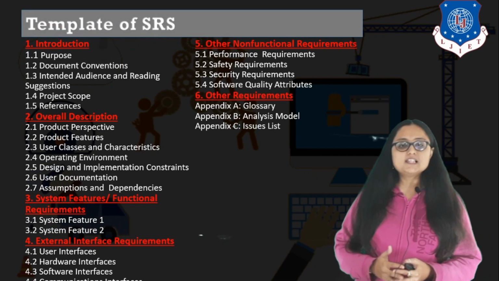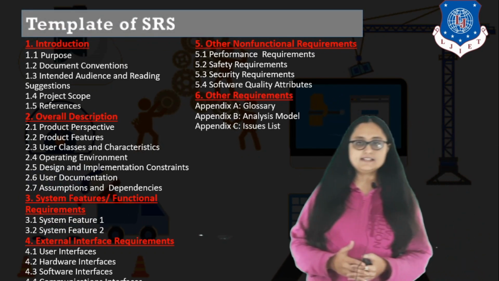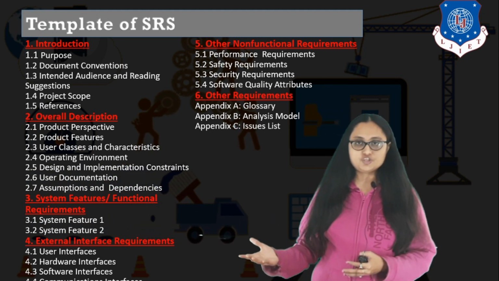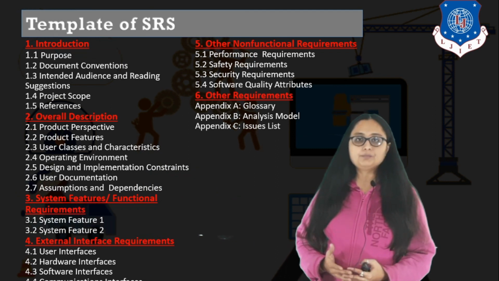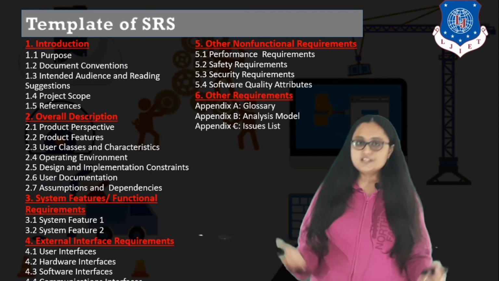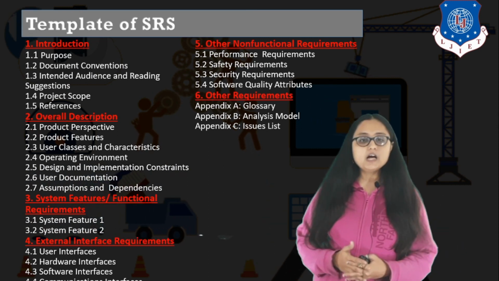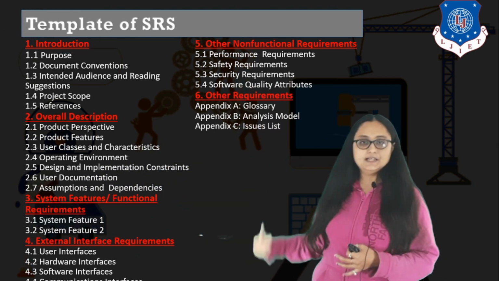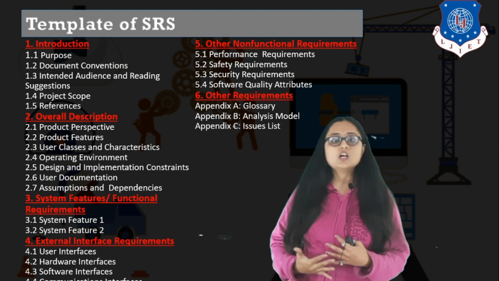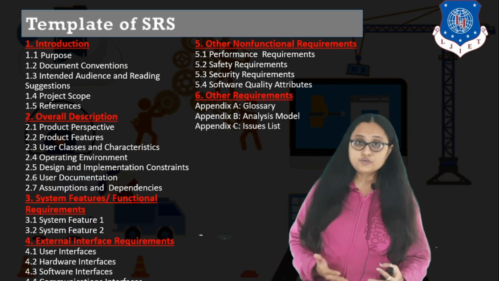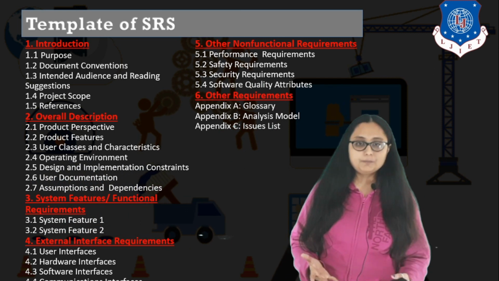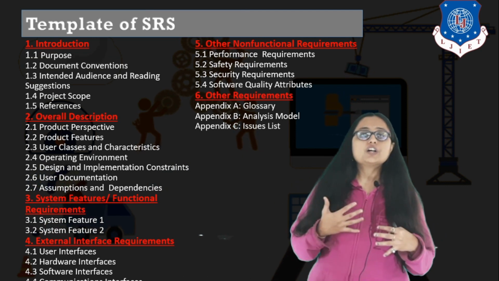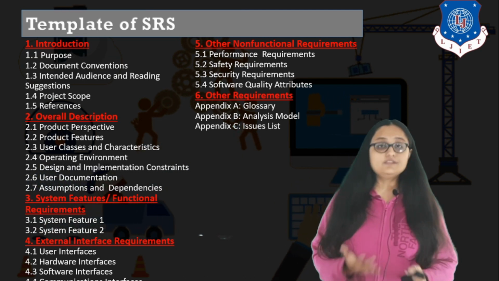So the last topic of today's lecture is a basic template of an SRS, right? This template may vary from project to project, project manager to project manager. The analyst of your company will prepare this template, and it varies drastically, but still you can go through this template. You can see over here that there are main 6 headings. The first is the introduction, which specifies the basic scope of your project and your purpose, why you are developing it. It covers the document conventions, the intended audience, and the reading suggestions.